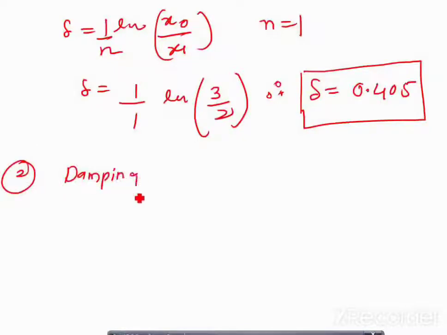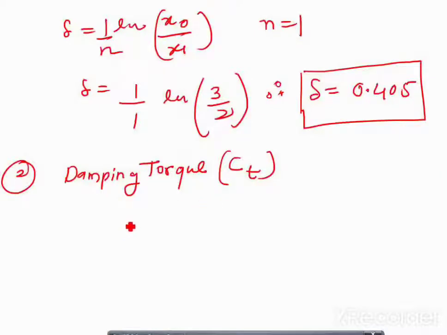So what is damping torque? Already in the last problem we solved for damping force. Damping force is nothing but C, because it is a linear vibration, a linear system. Now here they have asked for the damping torque at unit velocity, which means you have to find CT, the damping torque.